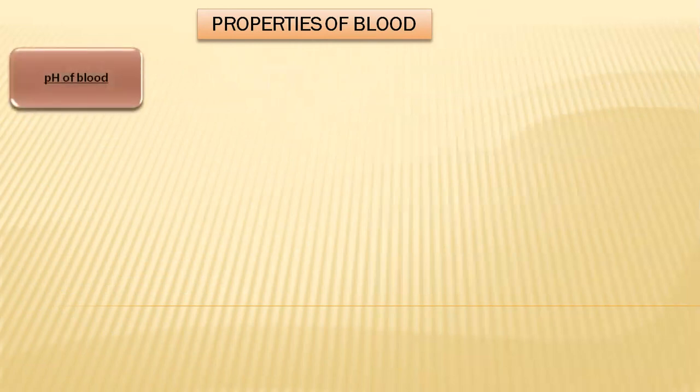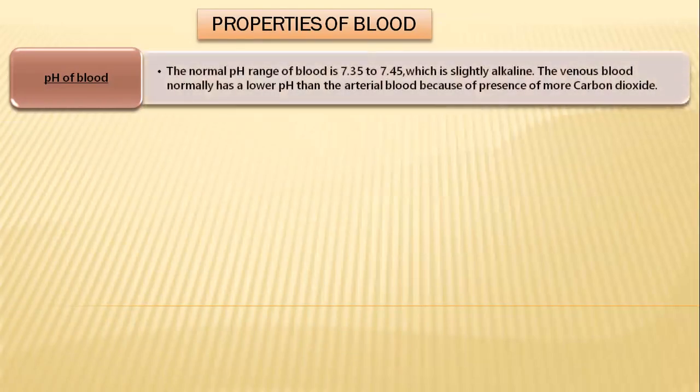Okay, so now let's look at properties of blood. What are the properties of blood? So let's start by looking at the pH of blood. So what is the normal pH of blood? The normal range of pH of blood is between 7.35 to about 7.45. And this pH is slightly alkaline, but